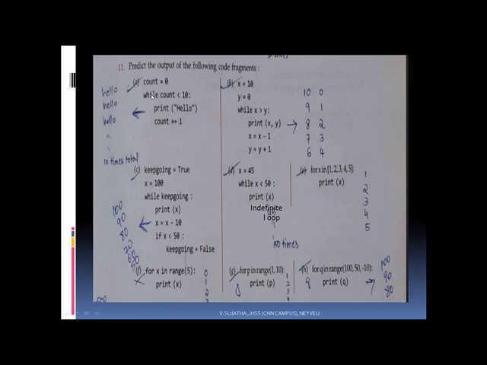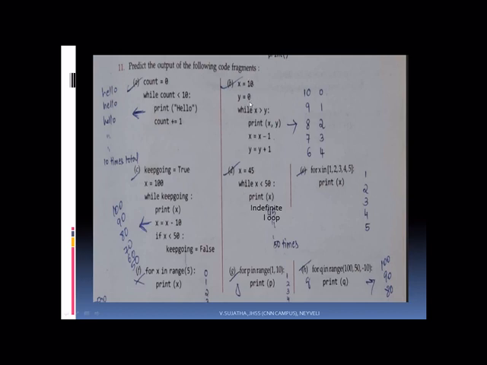The control will go here automatically, 1 less than 10. So hello will be printed. Again count will become 2, 2 less than 10. Like that, starting from 0 less than 10, if the count value is 0, that time hello will be printed. In the same manner up to 9. If the count value is 10, 10 less than 10 will become false. It is not less than 10, it is equal to 10. So in that case, it is coming out of that program. So 10 times hello will be printed over here. Clear? Okay. In the same manner, we'll see the next one.